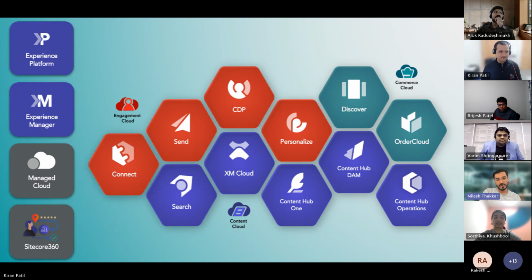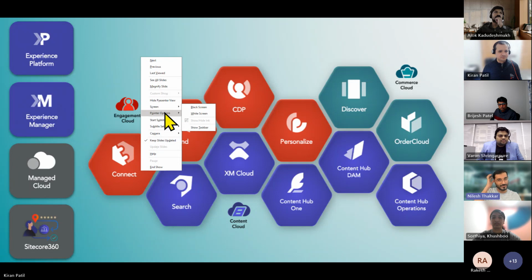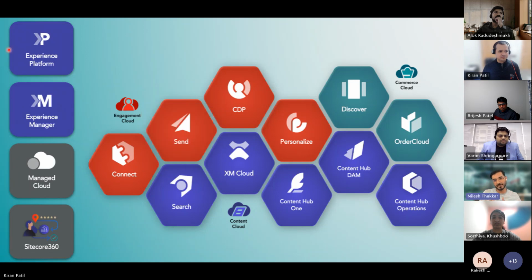So Sitecore has done a very good job in this region, and most of the customers are on XP, which is Experience Platform. Now with the XP, as everyone knows, the challenge is that they purchase the XP part with the intention of starting with the CMS and then implementing the personalization in phase two. And phase two never comes, everyone knows, right?